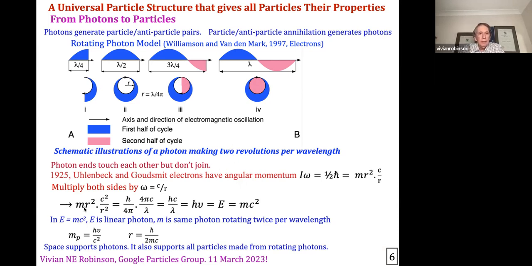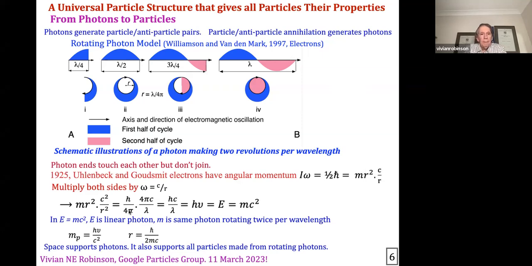If you multiply both sides of I omega equals half h-bar by omega equals c over r, it gives m r squared times c squared over r squared equals h over 4 pi,